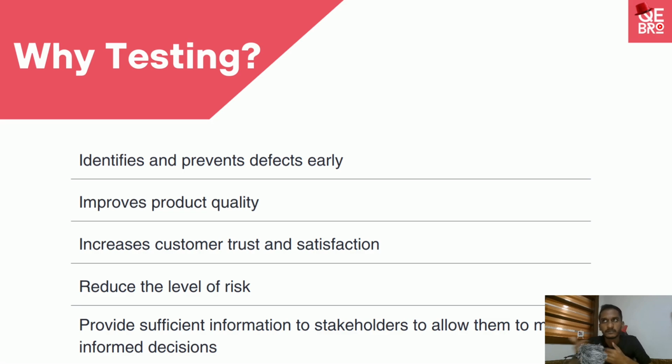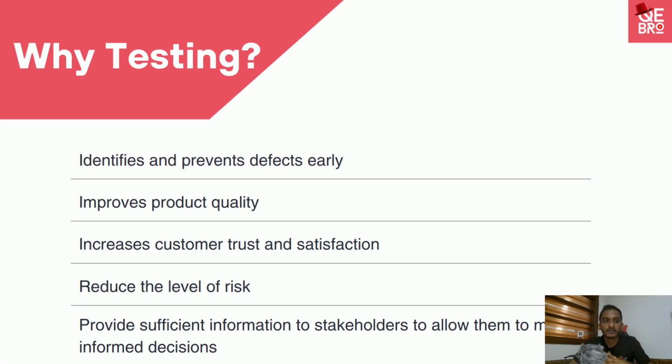If no security breaches happen, then customers have faith in your application, so they have nothing to fear about their data at your site. And it will also reduce the level of risk. If you have done testing, then when you do the release, you know what percentage you have tested. If all the critical issues or blockers are fixed and released, then from the project team side also, you are very satisfied, you have faith in that, and you can think the risk is reduced. Those are some important facts of testing.